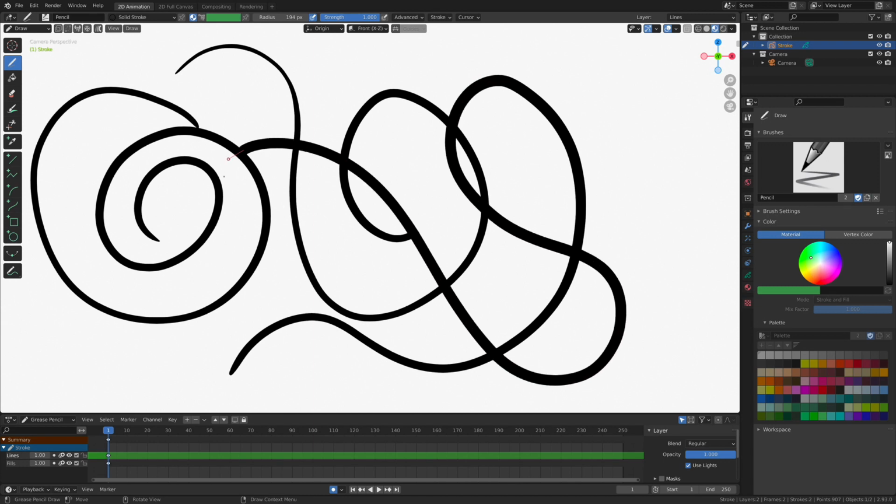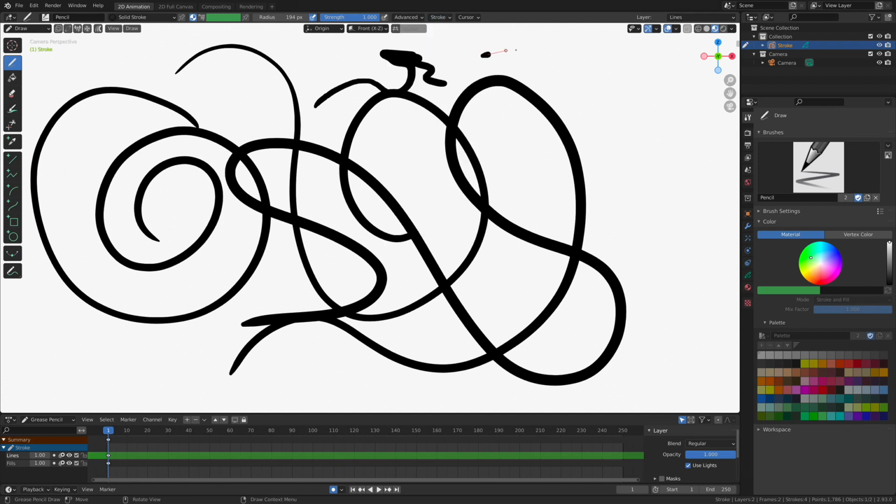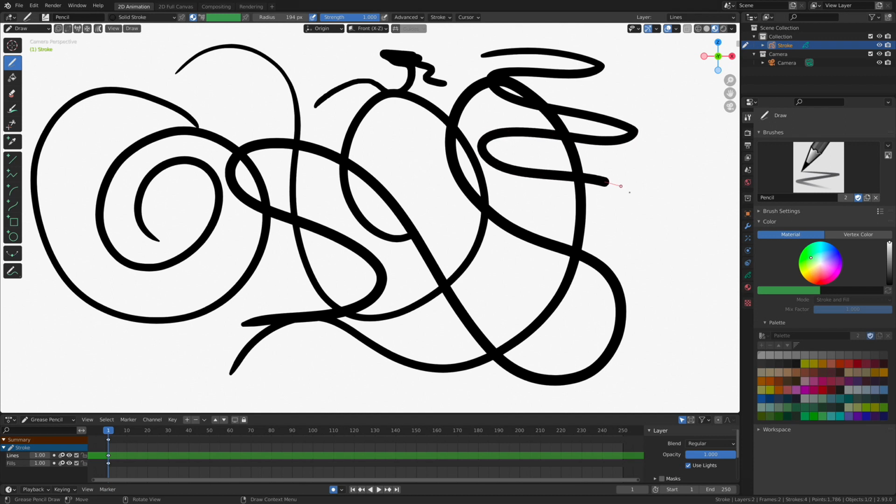You won't be able to make real sharp corners, which is pretty cool. This is something that I like to have on and off, this stabilized stroke, which is a nice little addition, because now I can make real sharp lines with it on. My ability to make sharp corners is greatly reduced, but I get these really nice smooth arcs. So some really easy ways of making some pretty cool and consistent shapes with the pen tool, or the standard brush, excuse me.